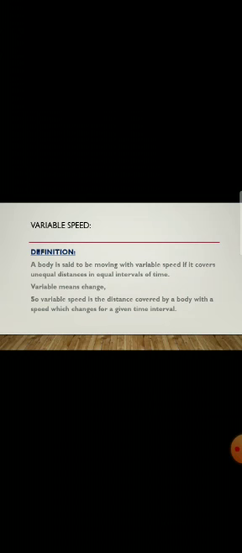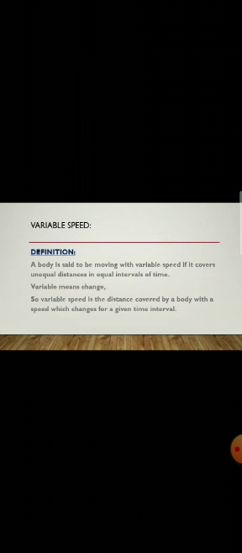The other term is the uniform speed. Uniform means no change, or we can say the same. So if a body covers equal distances in equal intervals of time, we say that the speed is uniform. In case of average speed, we use the word total, and in case of uniform speed, we use the word equal. So uniform speed, as the name indicates, is the speed which does not change. When a body moves with uniform speed, the average and the instantaneous speeds are the same. The formula is the same as the speed, v is equal to S by T, and the unit is also the same, meter per second or kilometer per hour.